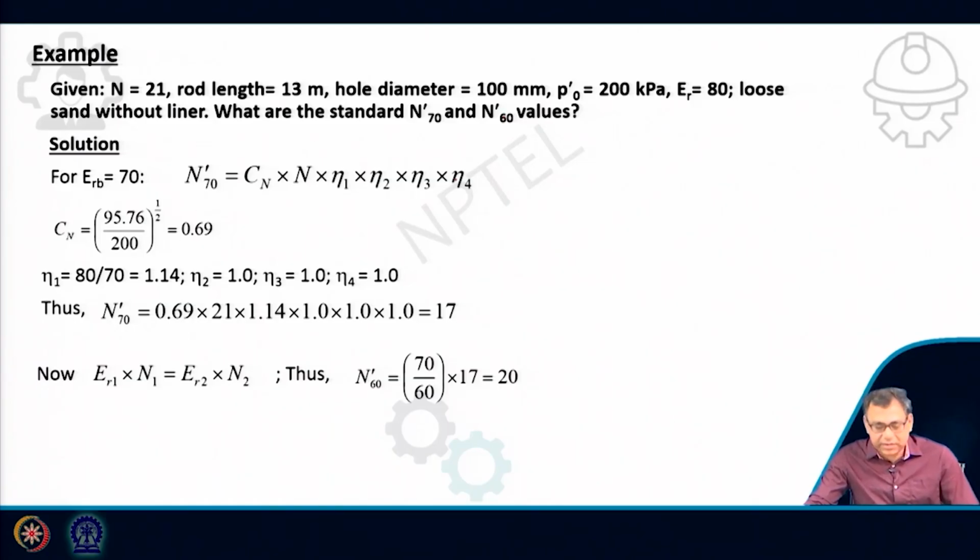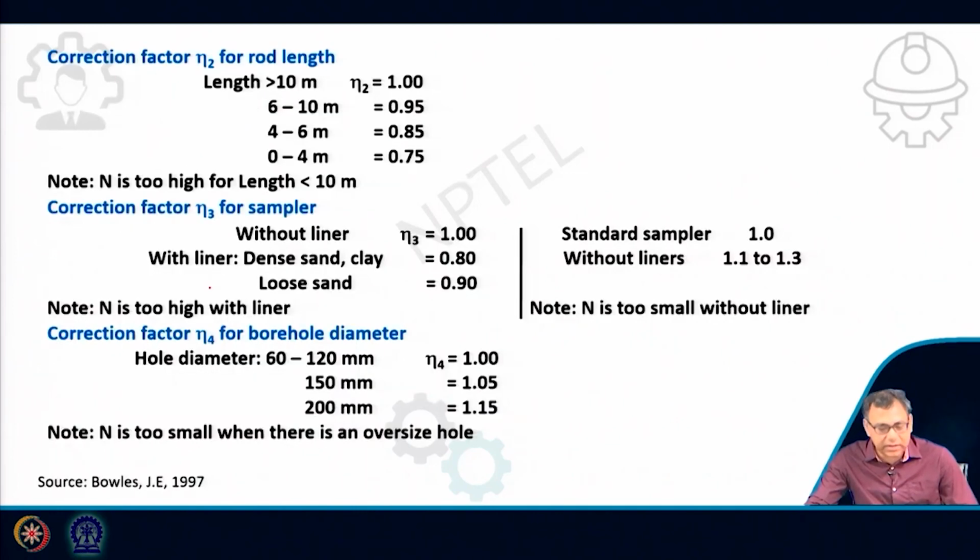So, this is for 70, these are the corrections. So, Cn is 100 by 200 under the root, so it is 0.69, and N1 will be 80 by ERB, and ERB here is 70, so it will be 80 by 70. N2 means